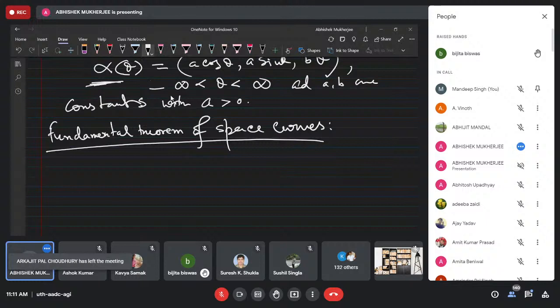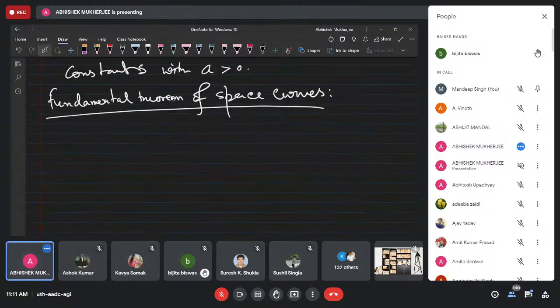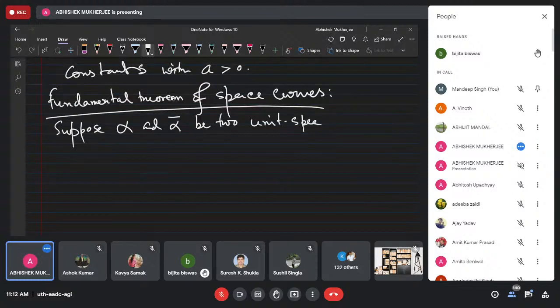Okay, so the formal statement is that suppose alpha and alpha bar be two unit speed parameterized curves in R3